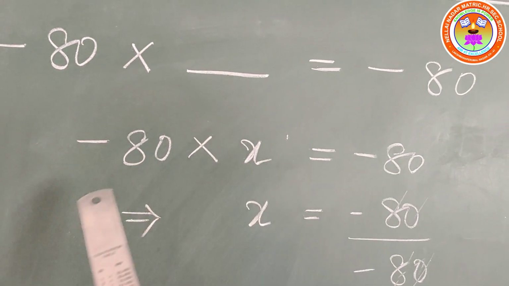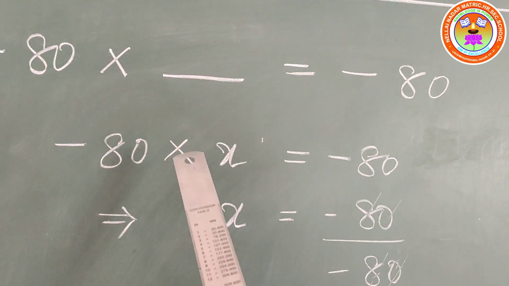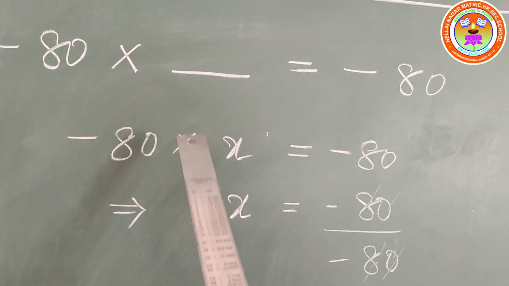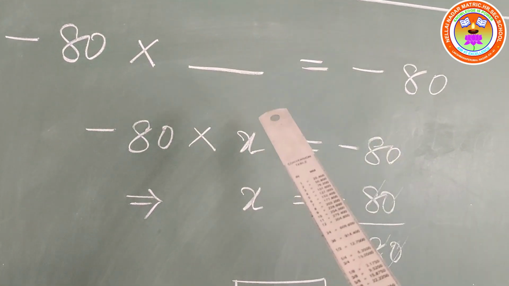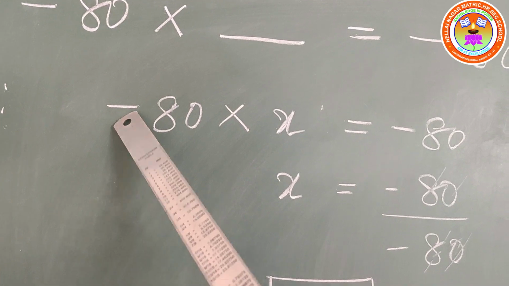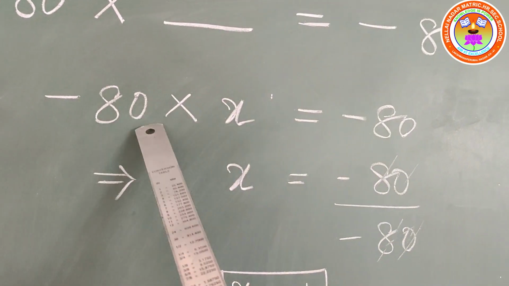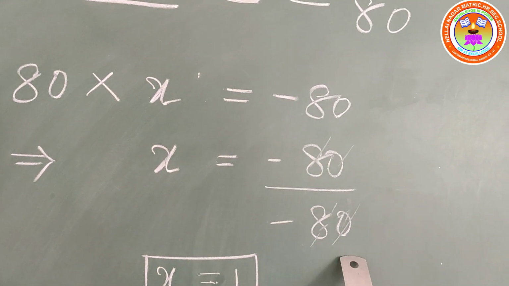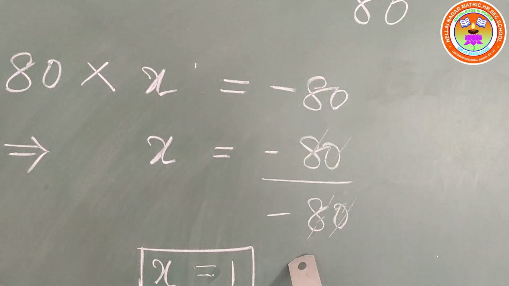X is equal to, transposing minus 80 to the other side. What happens? Multiplication becomes division. Now in multiplication what you are doing? You are taking the number along with the symbol. Okay, so this differs from subtraction or addition of integers with this. So here I have just taken the minus 80 along with the symbol to the other side of the equation. Yes, so here already minus 80 is there. This when transposing becomes division. So here minus 80 divided by minus 80, 0, 0 gets cancelled, 8, 8 get cancelled, or I can say 80 and 80 get cancelled.